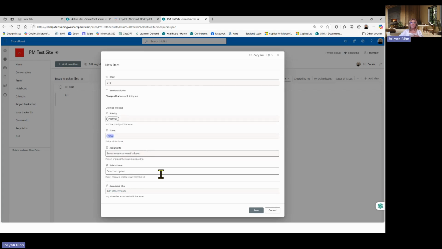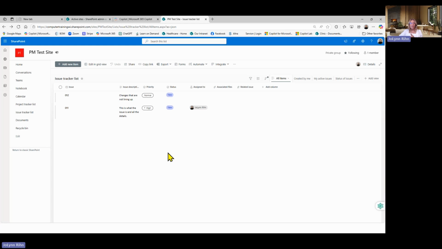Who is this going to be assigned to, which I don't have to always do right away, because sometimes if it's just getting entered, I may not know who. But do I need a column? Okay, this is a column of who it's assigned to, but do I need to add another column to track